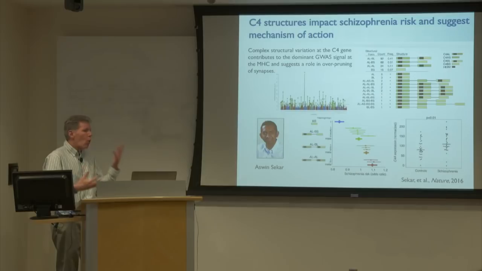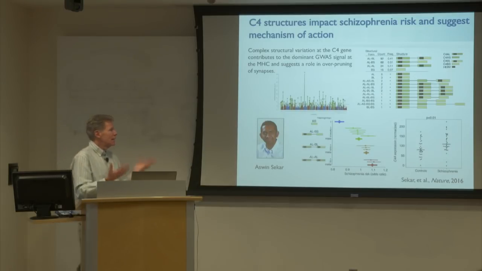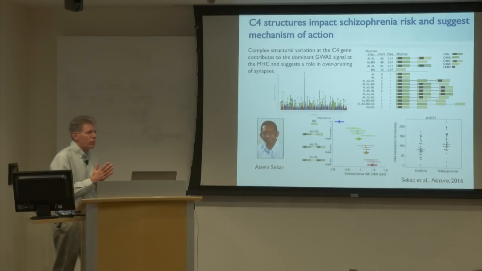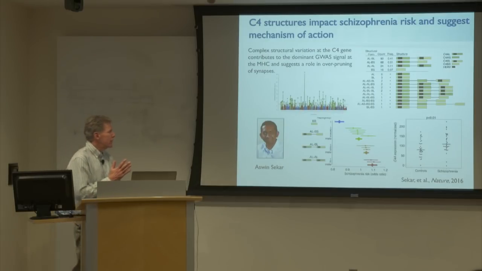And there's a whole mixture of whether these copies are C4a or b or long or short. It exists in many different structural haplotypes. What's shown here is the ones that Ashwin ascertained that are at relatively high frequency in the population. We now know that there's 20 or more different structural forms of C4 that are at fairly high frequency in the human population. And Ashwin showed that this association signal to schizophrenia localized to this region, and in particular to